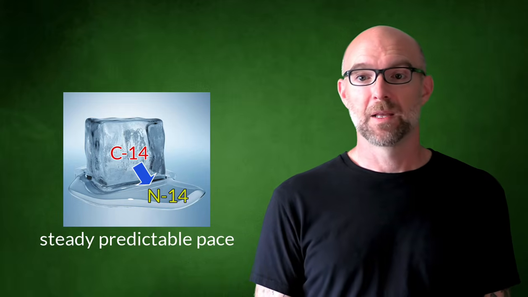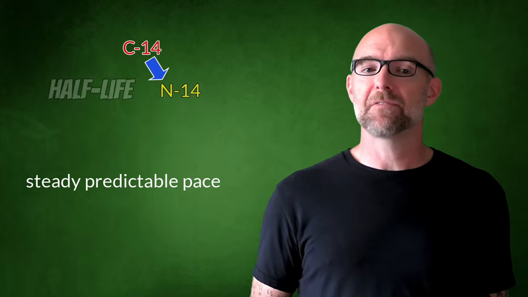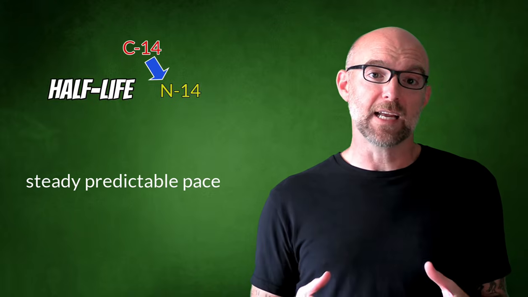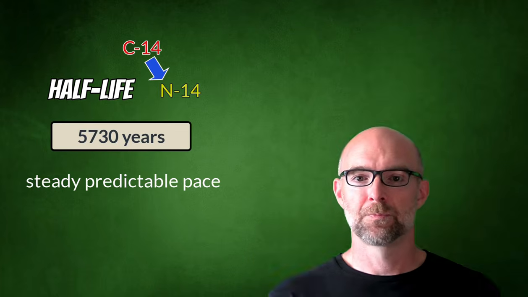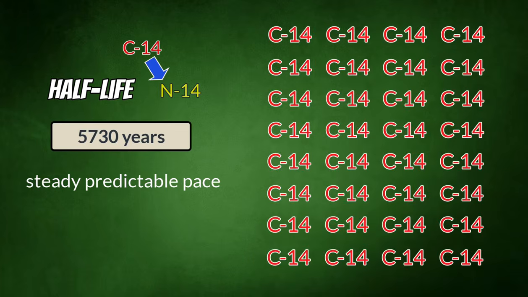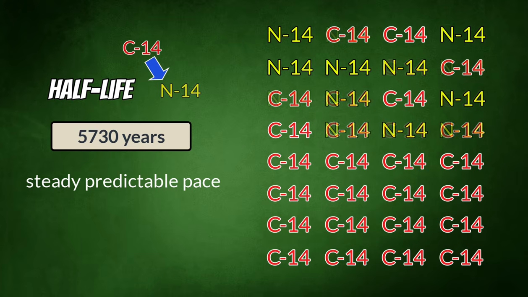A good analogy would be like ice melting into water. Left alone at the right temperature, ice will always melt into water. In the same way, C14 atoms will always decay into nitrogen-14 atoms at a steady, predictable pace. That pace is what we call a half-life. For carbon-14, the half-life is 5,730 years. That means that after 5,730 years, half of the carbon-14 atoms in a sample will have turned back